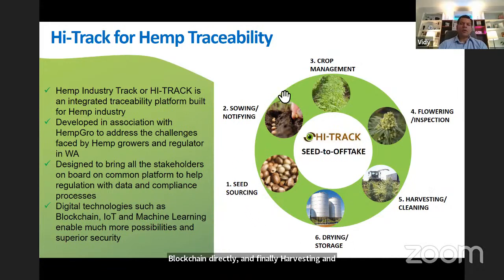So as you can see, the whole process, starting from getting the seeds to drying and storing the seeds, is fully recorded on blockchain. So this software or this blockchain platform was developed in association with Hemp Grow to address the challenges faced by hemp growers and regulators in the Western Australian market.